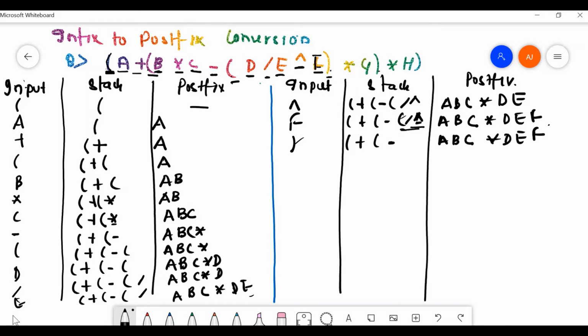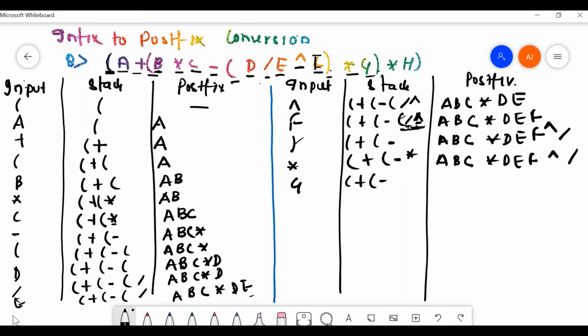So first of all it is power and then it is divide. It is a stack. So in a stack, how do we take out the elements? We take out the elements like this. After that the brackets are cancelled. Now again into is there, so bracket plus bracket minus into, we have A, B, C into D, E, F, power divide. Now we have G, so G, bracket plus bracket minus into, A, B, C into D, E, F, power divide G. Now closing bracket is there.